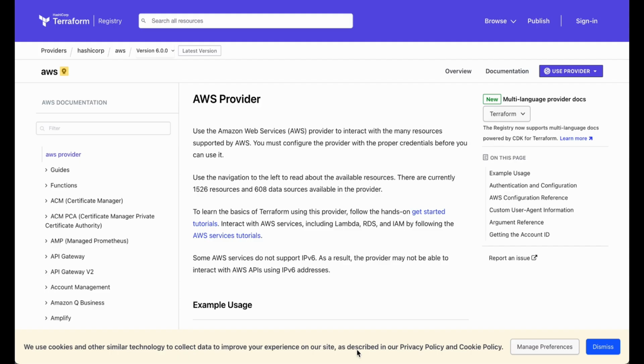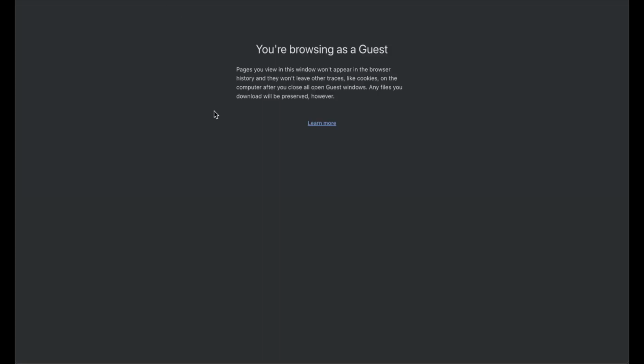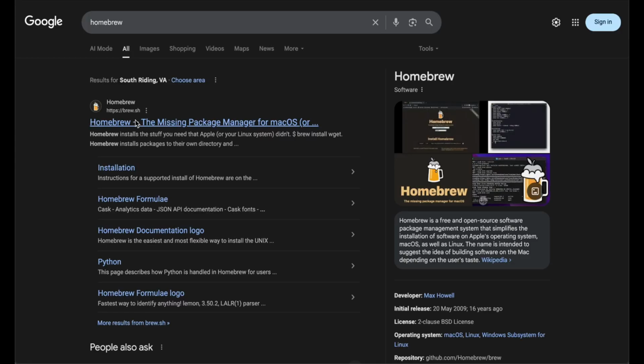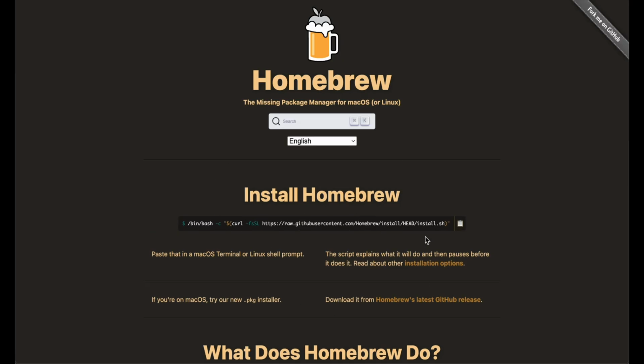Before we even get started, we would have to download Homebrew in our terminal. So go to a new tab, open up and search up Homebrew, and it should be this one. And then click on it and then copy